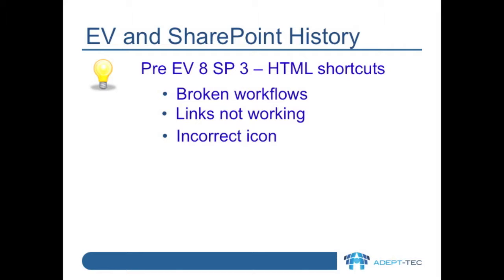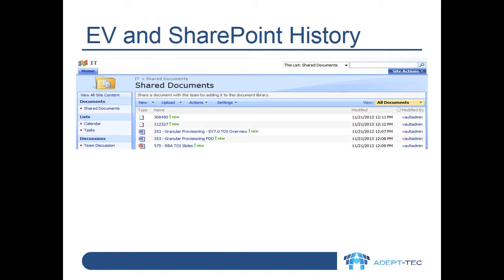Enterprise Vault has been able to work with Microsoft SharePoint for many releases now, but in the beginning when Enterprise Vault archived an item, it left behind a stub that broke various things within SharePoint. These were things like workflows, links which have already been shared with colleagues, and notifications would get triggered after archiving. It also broke the icon, so end users couldn't easily tell what type of item was being shown to them